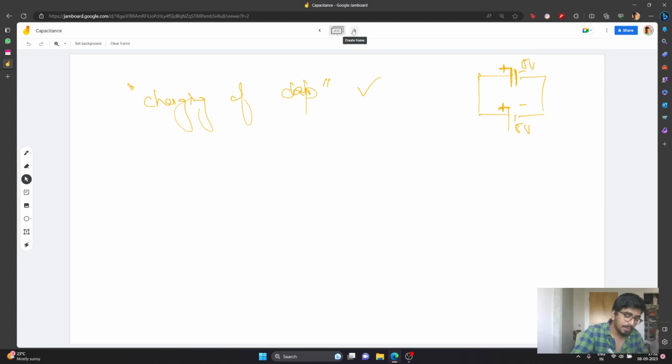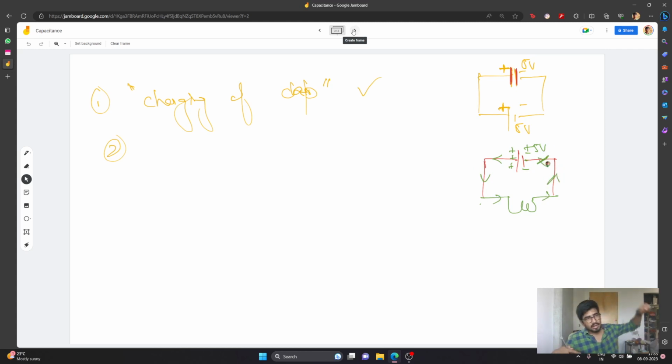So once you charge the cap, we want to see what happens now. Say this charged cap that we have here, we connect it to, say, a bulb. Now this was charged initially at plus 5 volts, and because we have given a path for these positive charges and negative charges to come together and neutralize, there is a sudden rush of current. So electrons go this way, so current goes this way, right? There is a sudden rush of current that flows from the positive plate to the negative plate,